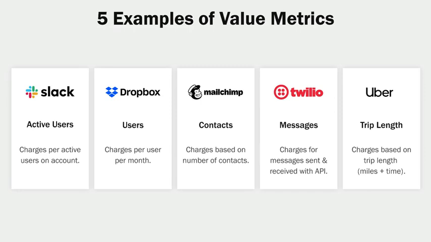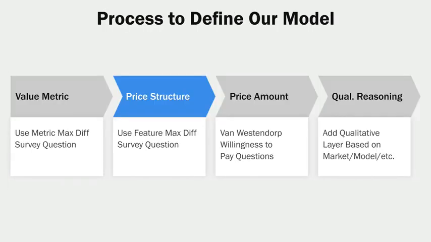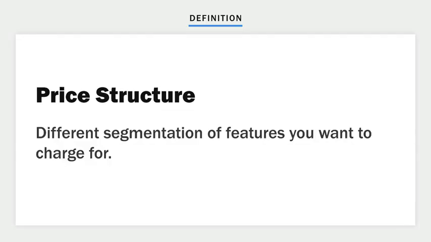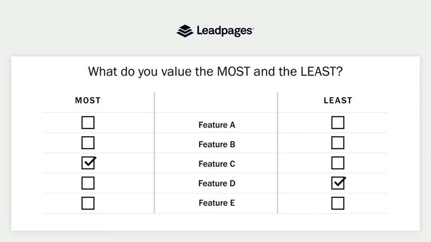Now what we want to do is move on to the second step and talk a little bit about the structure of our price in our model using a similar max diff survey. The price structure is the different segmentation of features we want to charge for. So you can think about a typical subscription or B2B product, which has multiple different tiers with different combinations of different features and options. So if we went back to our example of Leadpages, we would use the same max